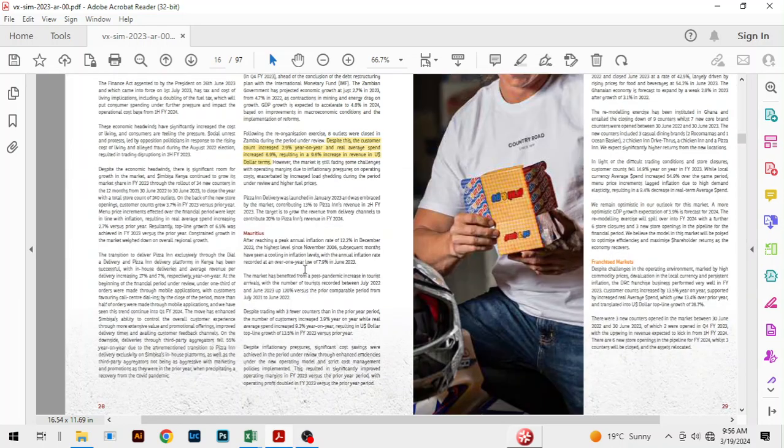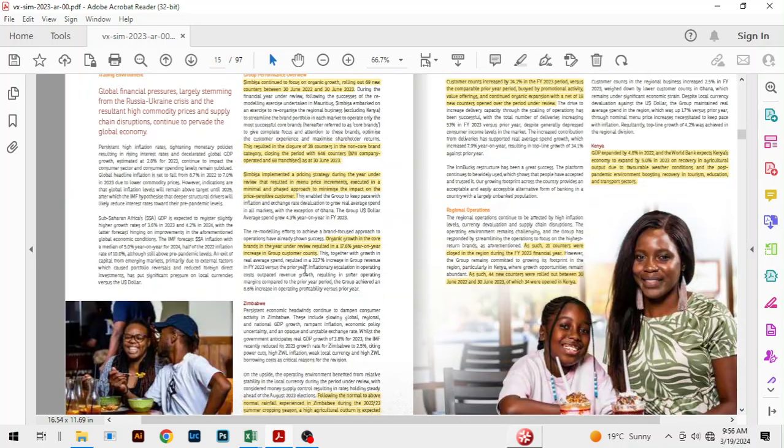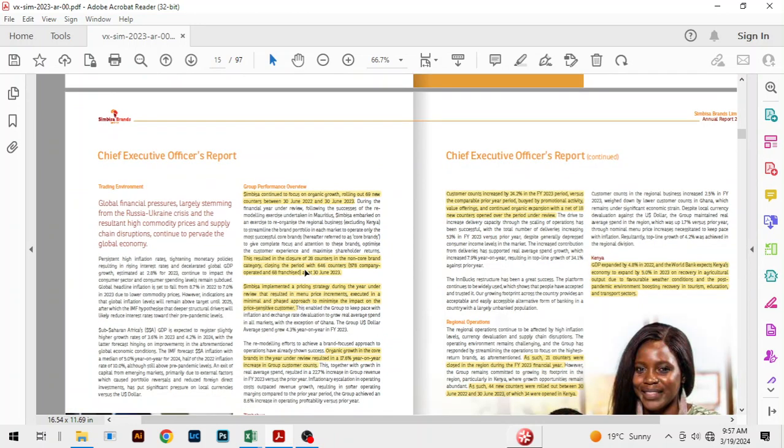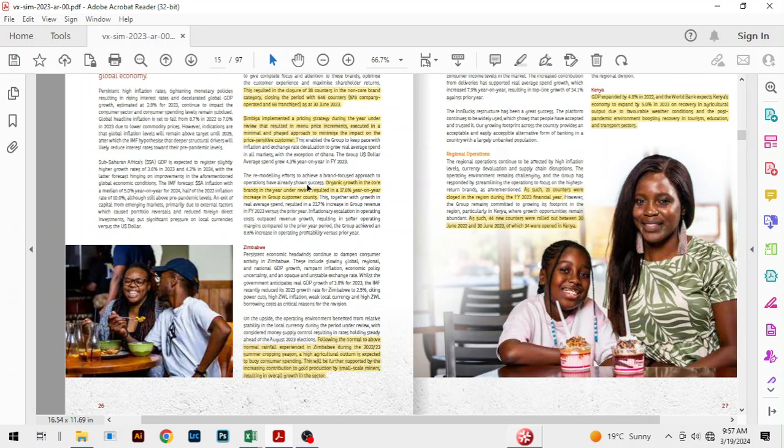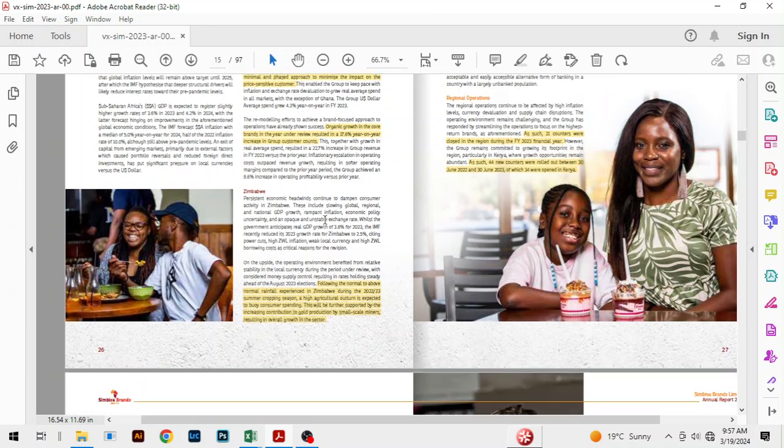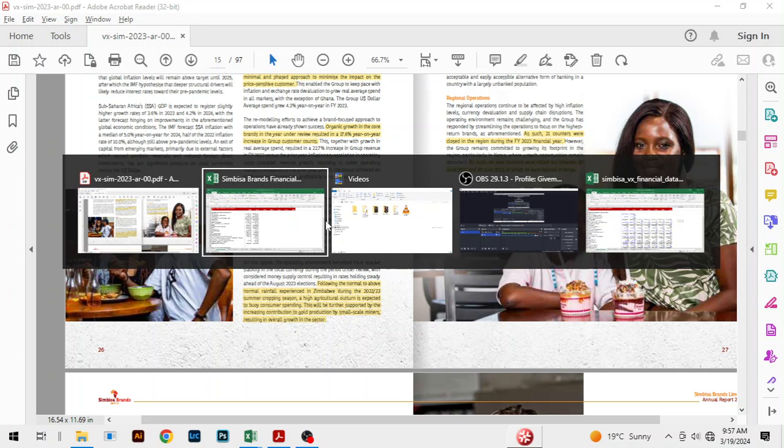So in some cases, if you are trying to, let's say, quickly analyze a company, you can just come to the management discussion and analysis, and then you can get an overview of a company's performance if you are pressed for time, right? So if, let's say, you don't want to build a financial model, things like that, management discussion and analysis can be so helpful to you. Right, now let's proceed to